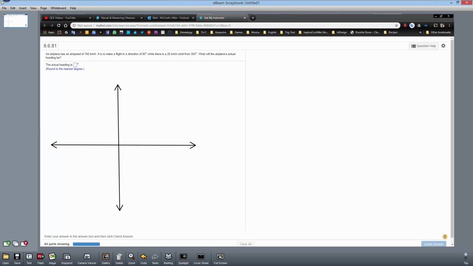So the plane has an airspeed of 160 kilometers per hour, and it's in the direction of 80 degrees. So that means from due north, leaning 80 degrees towards the east because you go counterclockwise. That means this guy, ooh, that's terrible. This guy here, close enough. That's the plane vector. But then to represent the plane vector using this formula,